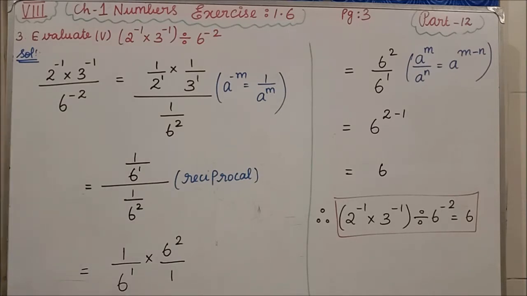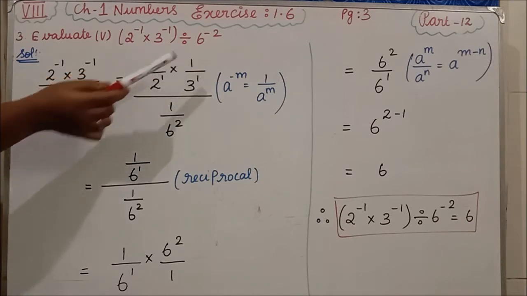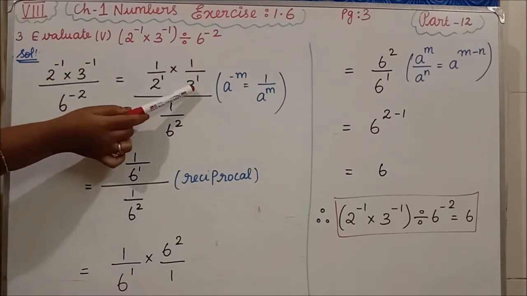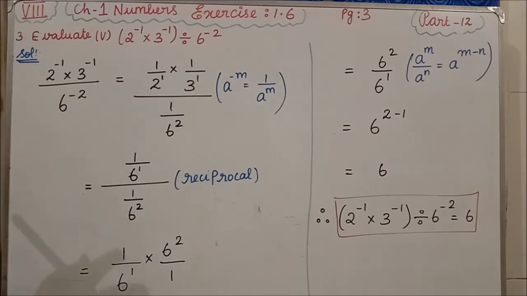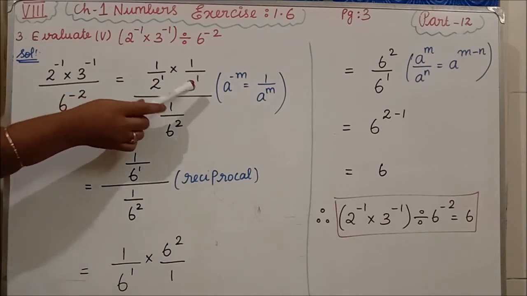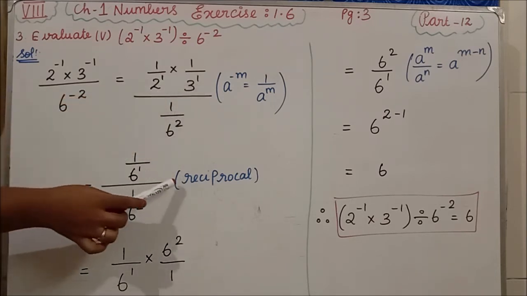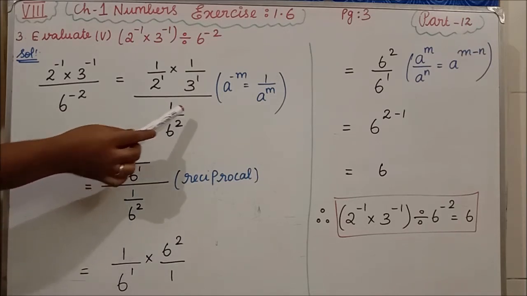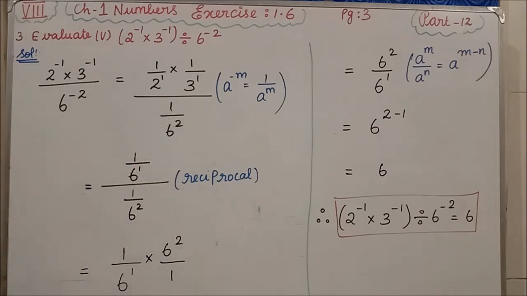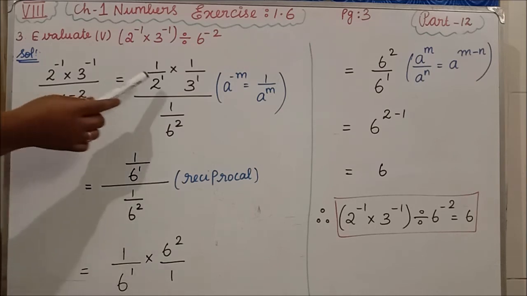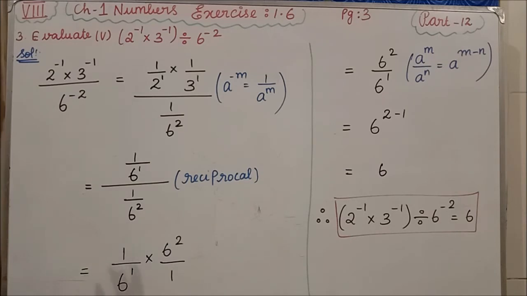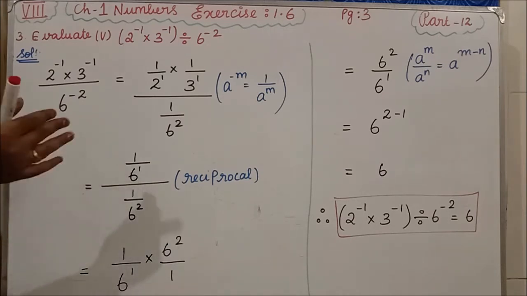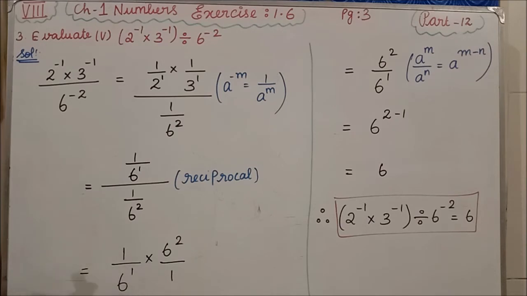Here next step I am straightly multiplying. 1 into 1 is 1. 2 into 3 is 6. Since we are having the power 1, if you write it also okay, if you are not writing it also okay, it is understood. So 2 3s are 6 power 1 divided by 1 divided by 6 square. Clear? Why I am saying that, see 2 power 1 is nothing but the same 2. 3 power 1 means the same 3 only. For that reason I am saying.